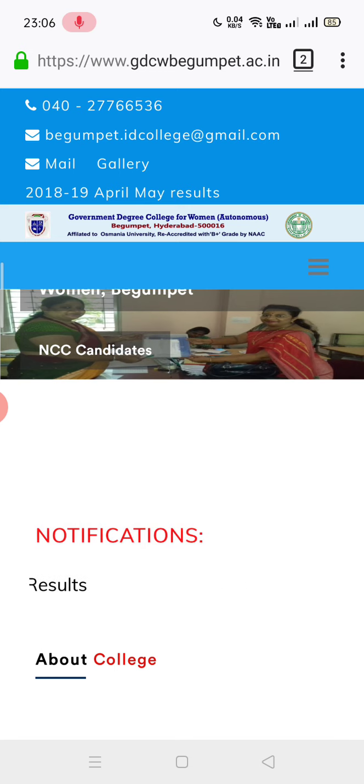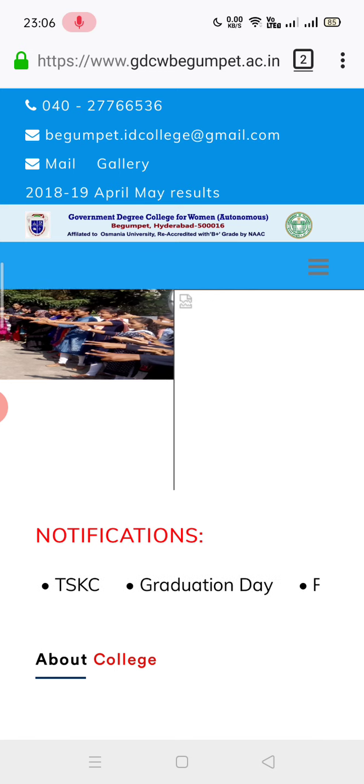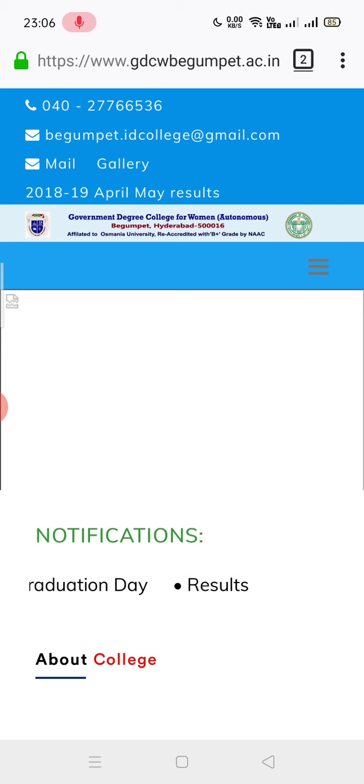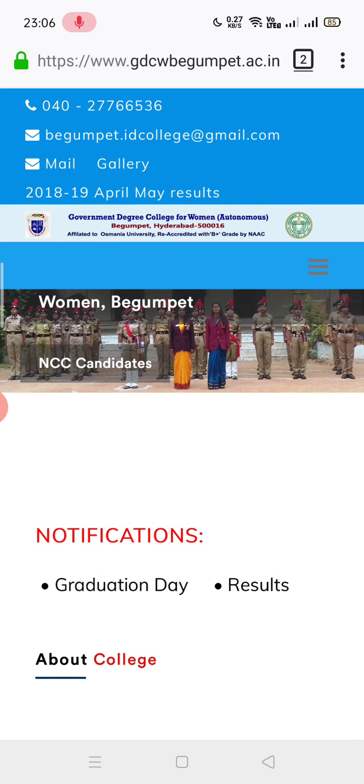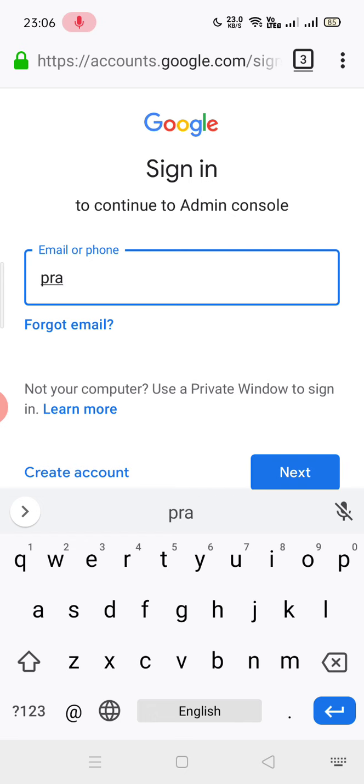Before that, I just want to give you some information. There are many people who said that they are unable to log into the Gmails which are ending with @gdcwpaycompare.ac.in, and they are not opening. For those, Gmail and @gsuitmail @gdcwpaycompare.ac.in are two different things. When you are unable to log in, you just click on this and go on save. In order to log in, what I do is praveen@gdcwpaycompare.ac.in.